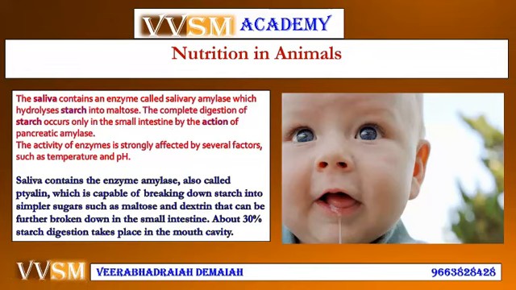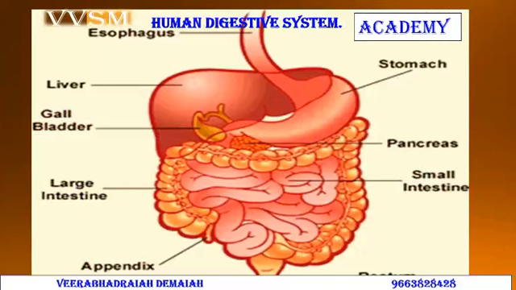Saliva contains the enzyme amylase, also called ptyalin, which is capable of breaking down starch into simpler sugars such as maltose and dextrin that can be further broken down in the small intestine. About 30% of starch digestion takes place in the mouth cavity. This is the human digestive system, which starts from the mouth, the continuity from